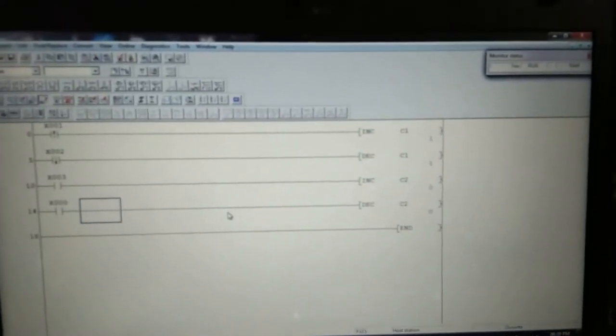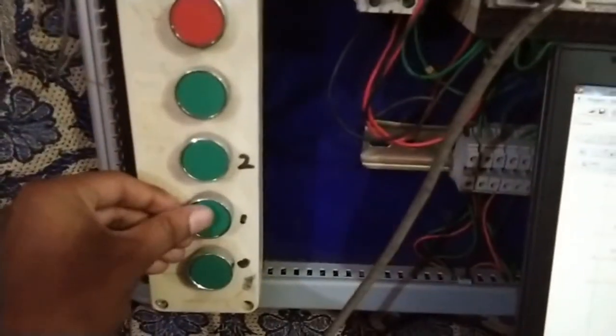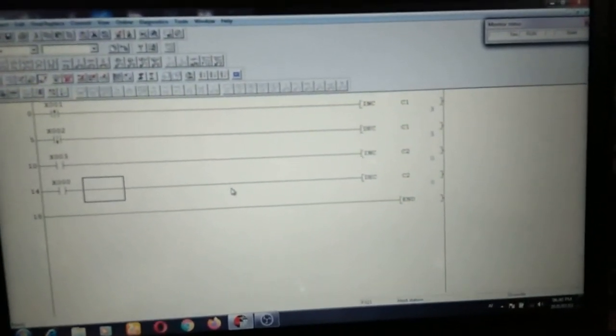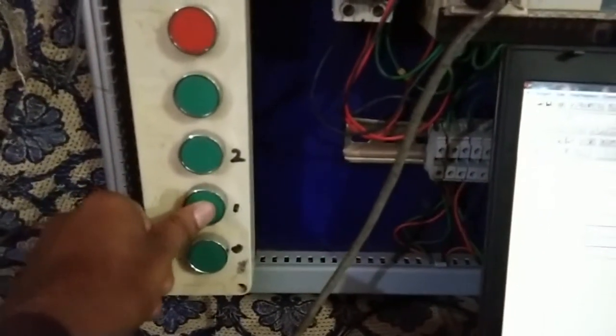Now I'm going for rising pulse. I'm pressing X1, and you can see it increases. If I press continuously, only one pulse is sent. Now the C1 value is 3. I press again, release, press again. Only one pulse is transferred at a time. Now C1 is 4.